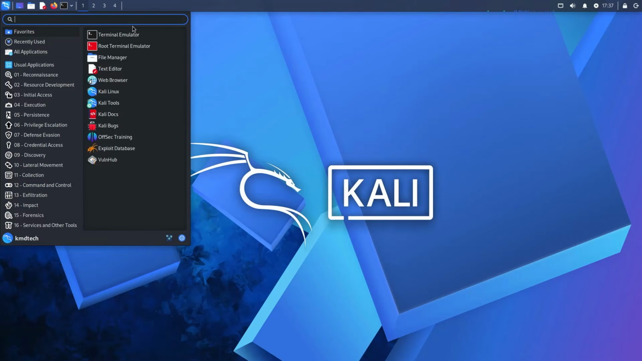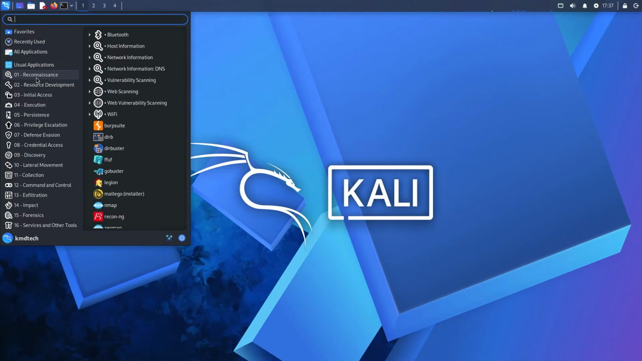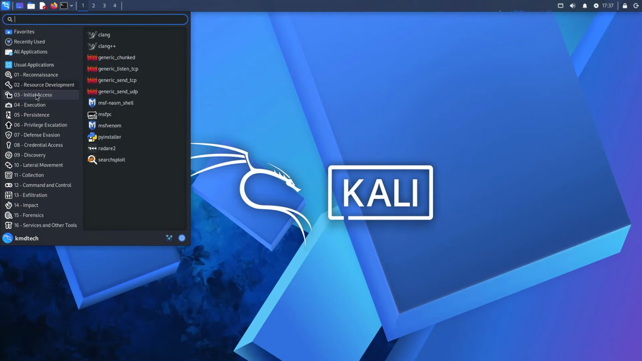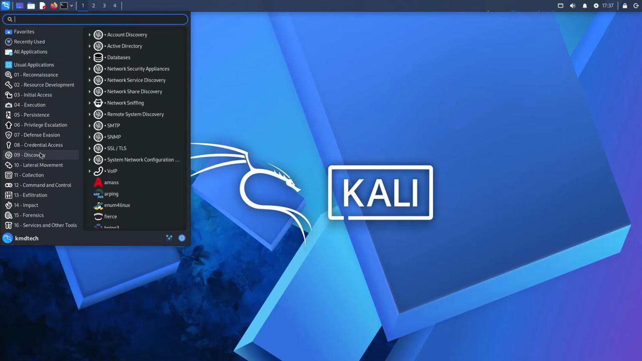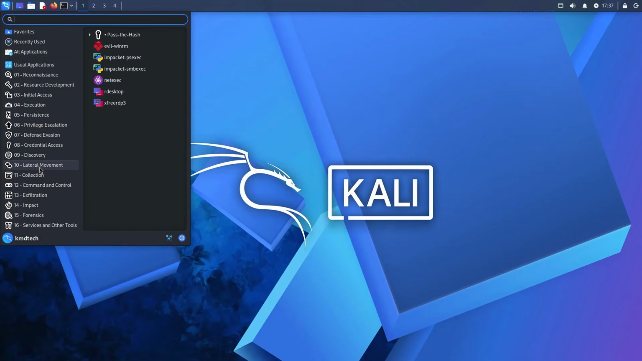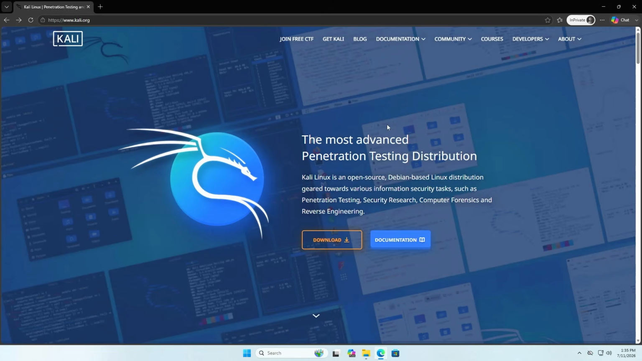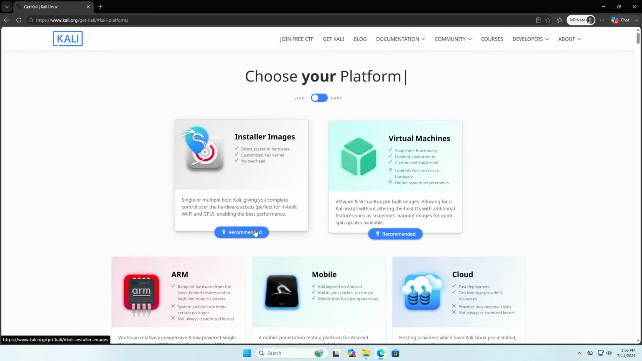Hi everyone, I'll be installing Kali Linux 2026.2 in a dual boot setup with Windows without using a USB drive, DVD, or VM. As I'm installing it directly on my computer, I'll have full access to the hardware and no overhead compared to having it virtualized. So to get started, I'm going to download Kali Linux, going to www.kali.org, and I'm going to download installer images,